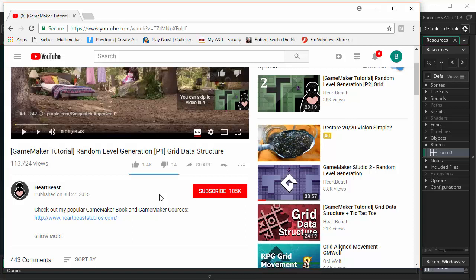But if you really get into this and you want to know more about level generation, his older set of lessons goes in a lot of detail around data structures in GameMaker, which is what we're going to use in this lesson. And it also has some discussion of binary number systems and bit mapping and a whole bunch of other things